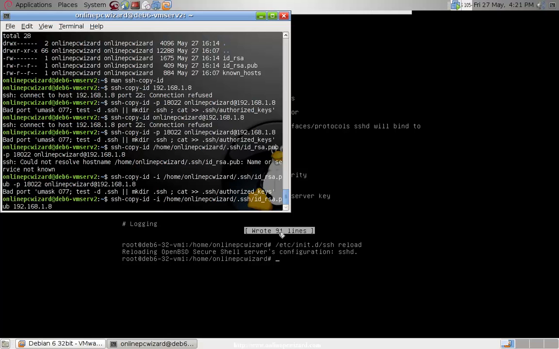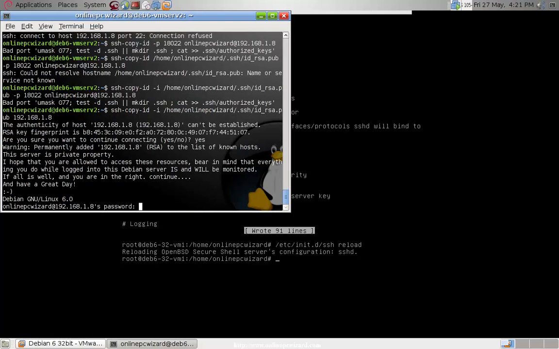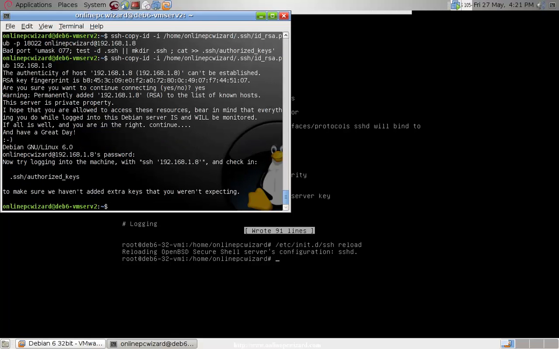Let's try that command one more time. Okay, great. Yes, that was more than likely a firewall issue for my server. Okay. Enter the password. We're going to change about that. Now trying to log into this machine and check in